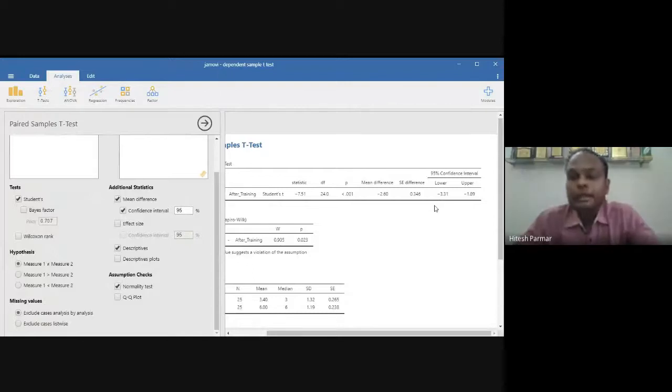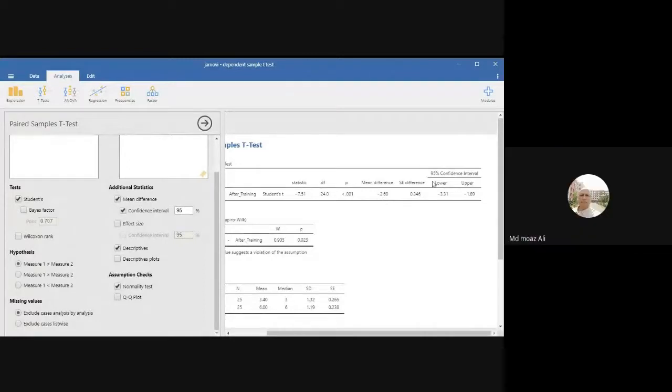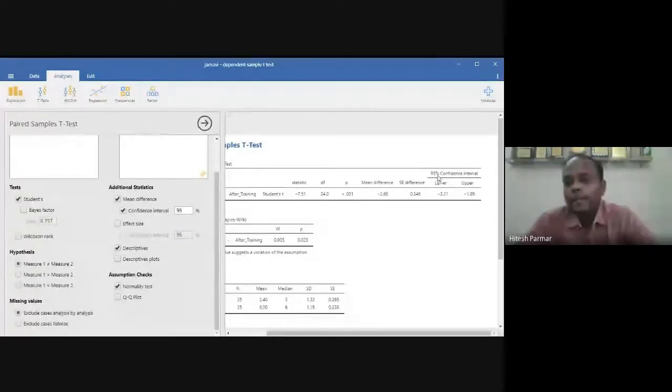Okay, let us again discuss. See, this time we get a difference. What mean difference we get? Minus 2.6. Right? The probability is 95% that your difference will be in a range from minus 3.31 to minus 1.89. So in future, suppose if you conduct 100 experiments, then there is a probability of 95% that your range of the values will be from minus 3.31 to minus 1.89.